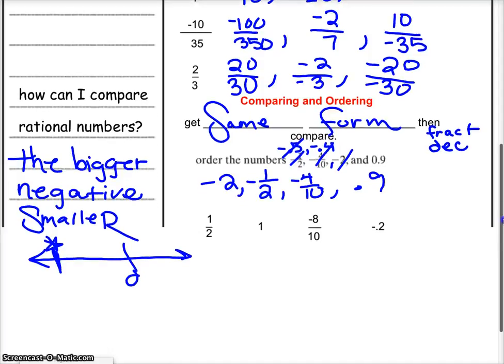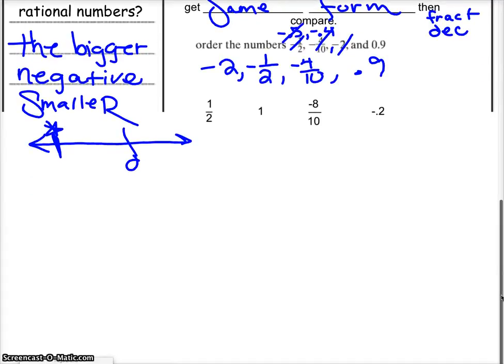Okay, so 1/2, 1, negative 8/10, and negative 0.2. Again, I'm going in decimal form because I don't want to deal with fractions. So this is 0.5, negative 0.8, negative 0.2. So which one would be furthest to the left on the number line? Negative 0.8, right? But I have to put it back in original form. And then the other negative would be the next number. They gave it to me as 0.2. And then 1/2